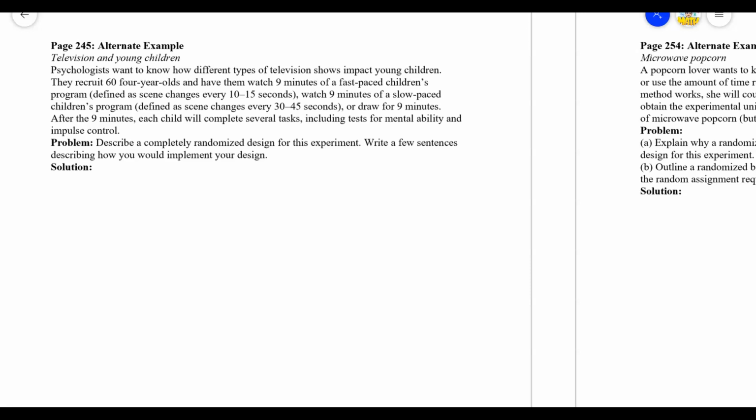Okay, so let's see what they want to do here. The psychologists want to know how different types of television shows impact young children. Okay, there's their research question. So they have 60 4-year-olds, that's their replication, and have them watch 9 minutes of fast-paced